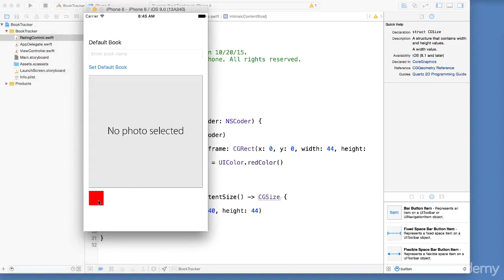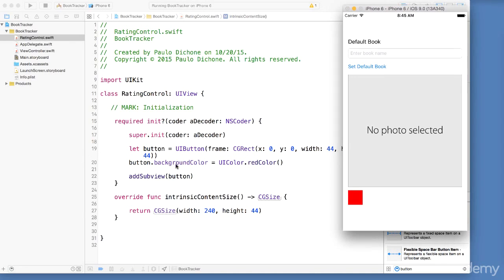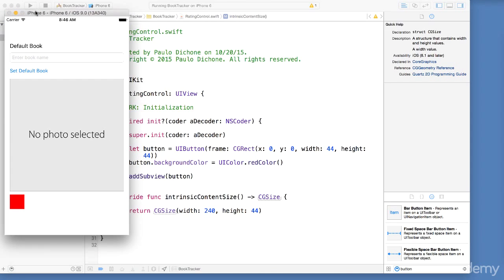It's not doing anything now, but at least we're able to dynamically, in code, customize and create our own button. Now notice how wonderful this is, because we can do a lot of things with our buttons, with our views, when we customize them. We change the color, we decide where we want it to be, X and Y, so it's right at the top here. And for width and height, we decided we wanted 44 width and a height of 44. We decided to have a background color, and we can change all of this.